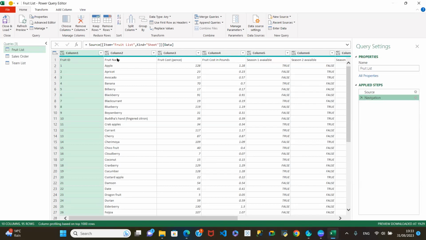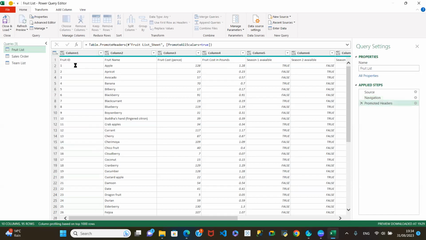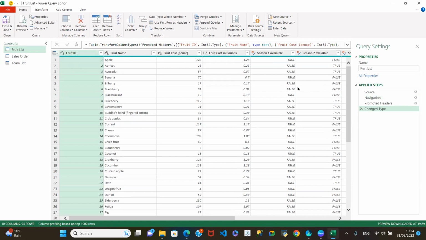Another way is, if you come to the right, this corner here, if I click on that corner there, I've got a few options of what I can do. Some people just find that quicker to use rather than scanning through the top here to look for the functions. You can actually do various functions here. Copy entire table, use first row as headers, add custom column, and a whole lot of other functions. Keep top rows, keep duplicates, whatever it is you want to do. In our own case, we just want to use first row as headers, and each time I use first row